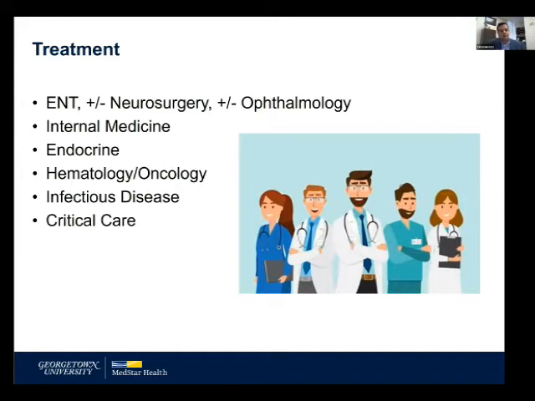But from a surgical standpoint, as an invasive fungal disease from the sinuses, we're typically involved. Neurosurgery and ophthalmology may or may not be. Internal medicine, very key components on the floor. You are the ones who are oftentimes picking this up and have the concern early on. Endocrinology, very key, especially managing those very tough diabetics that we just can't get down. Hematology, oncology, especially if their primary issue is the underlying hematologic malignancy. Infectious disease, obviously very central to this. And then critical care, because a lot of times these patients are so sick that they do end up in the ICU at one point or another.